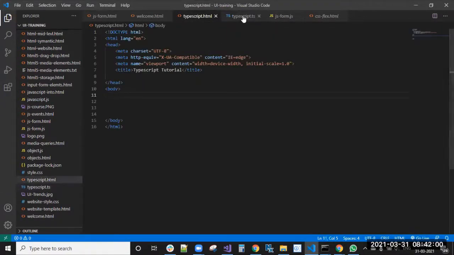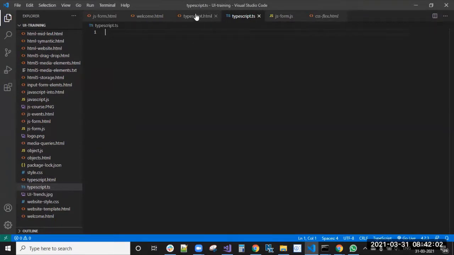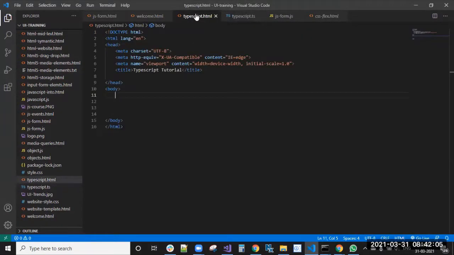Okay, and we can't directly import that TypeScript.ts file into our HTML file. We have already discussed that TypeScript won't run directly in Google Chrome or browsers. It will not run. We need a JavaScript file. So what we will do is first compile the TypeScript file, using the TypeScript compiler.